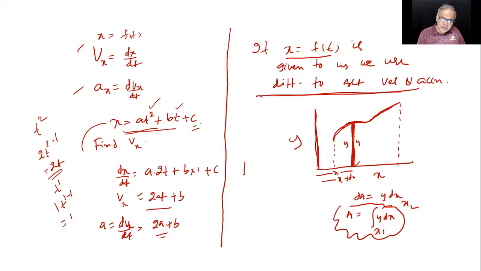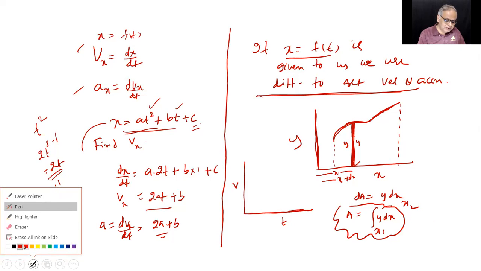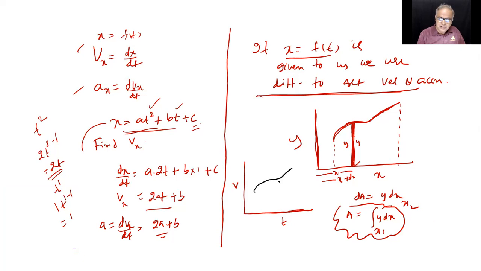But the moment I take velocity here and time here, and if I get some graph of it, this will be what, children? This is dt. See, this is going to be the basis for anything in future. I am showing the geometrical meaning and then applying it for physics for the same graph. If this is dt, this will be v. So this v dt will be the area of this, but that is nothing but ds.